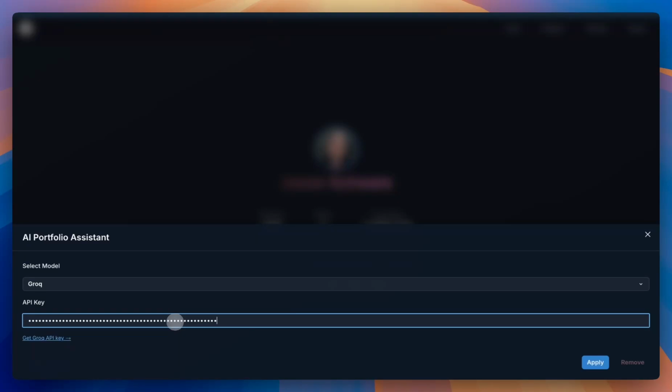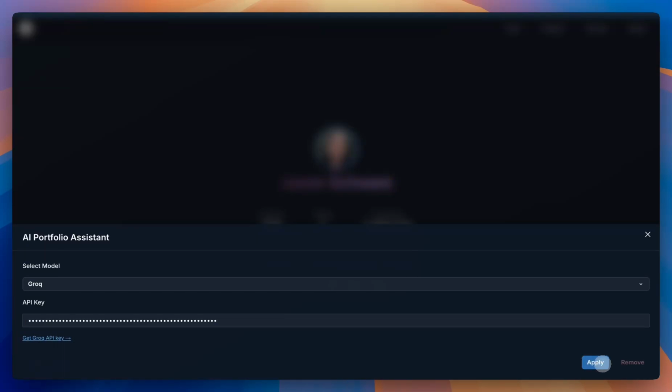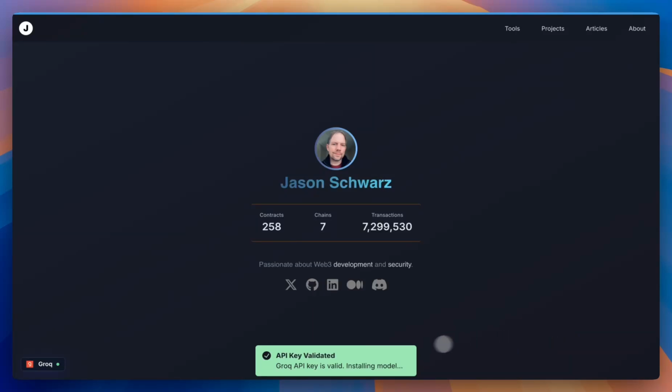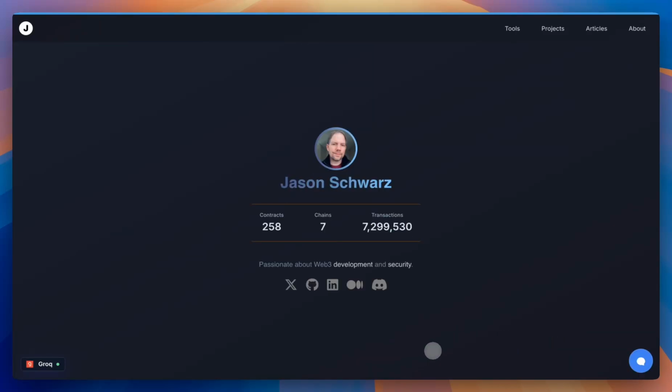And it is temporarily stored in local storage, but it's encoded before it is stored. And when it is used on the server, it's encoded in the request and then decoded at the time that it needs to actually be applied to the SDK. All right, so if you don't have an API key, you can click the button here. It's available for all available models. And we hit apply. So it ran a quick test to verify that the API key is valid, and then